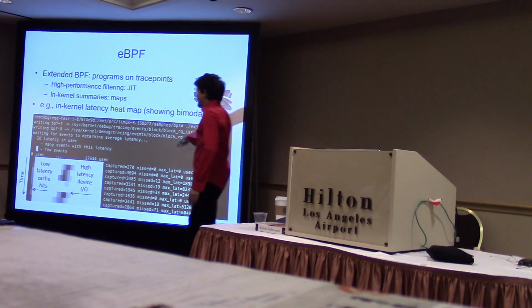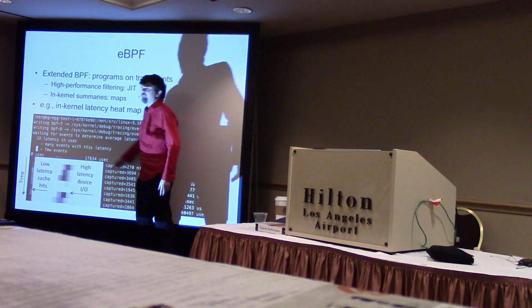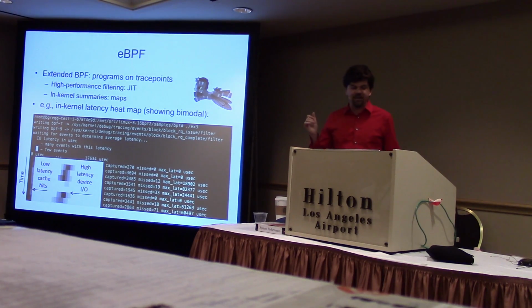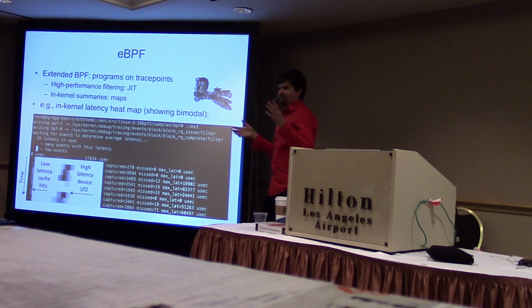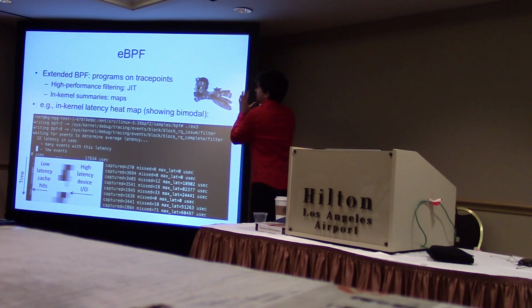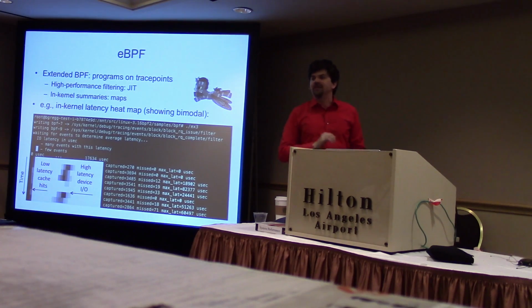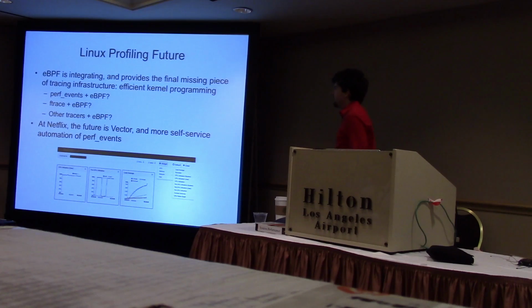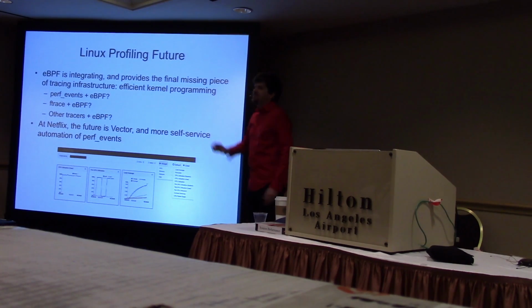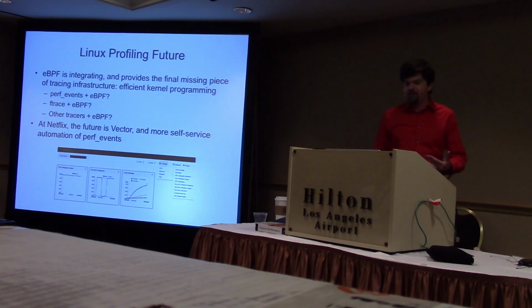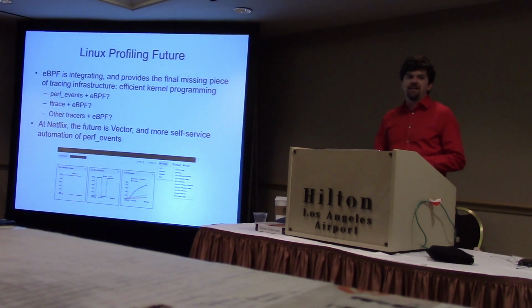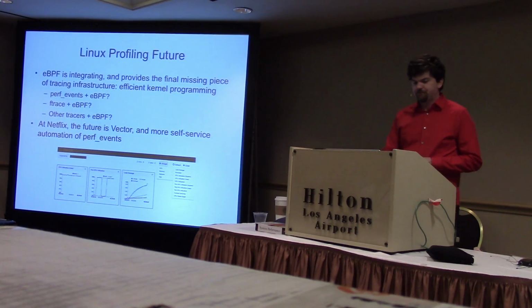eBPF, here's an example of it, where I'm doing a latency heat map, which is printing second after second. This is an example from Alexei, the author, last year. Sysdig just implemented this and called it a spectrograph, and used the full color palette, which looks interesting. But what's great about eBPF is it's doing in-kernel counts and histograms. So it's going to basically solve everything else we can do with those tracing interfaces. And it's really interesting to think about the Linux profiling future with eBPF, because I will then be able to do everything. Perf events means I can do a lot right now. eBPF is the final piece.